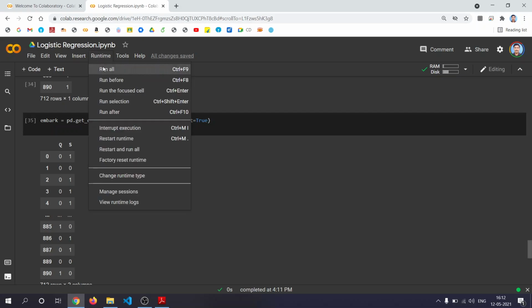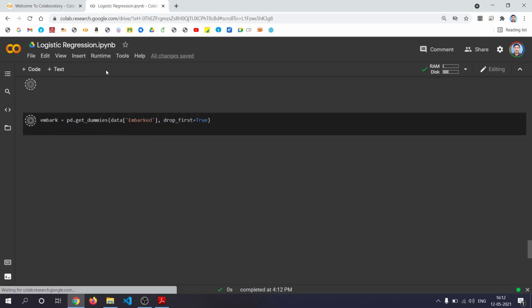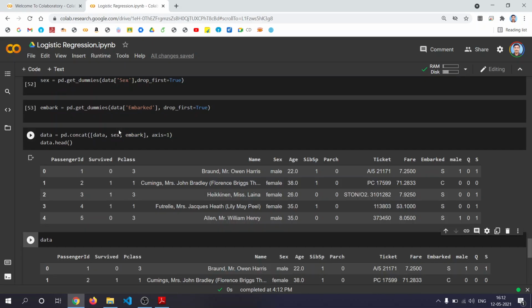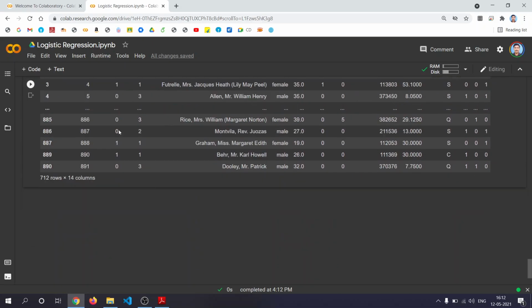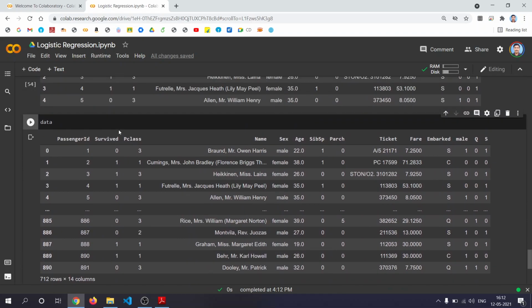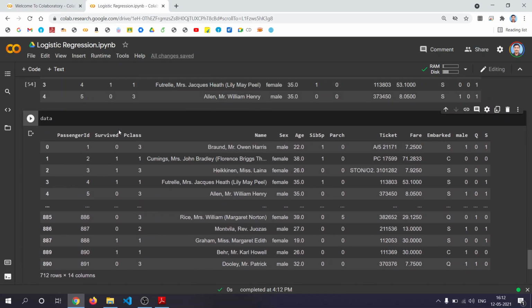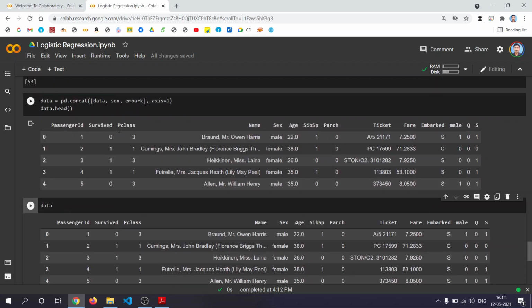I'll run all these things together again. Yeah, there is only one. So male, Q and S. These are the three columns we have added. Now let's drop the other ones.